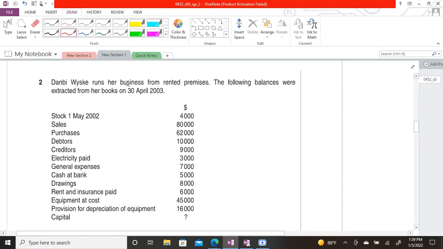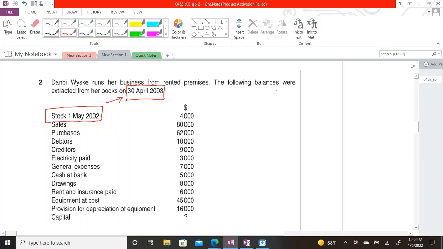So 30th April 2003, this is the last date, which means that the starting date is 1st May 2002, which is already given in the question. So the business starting date is 1st May 2002 and ending date is 30th April 2003. So exactly 1 year. Now, in order to prepare a trial balance, again, first of all, I am writing the